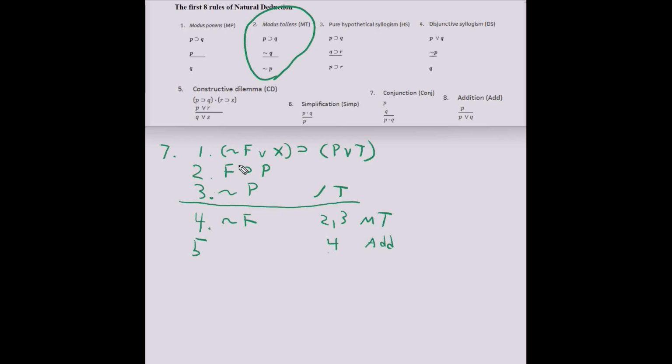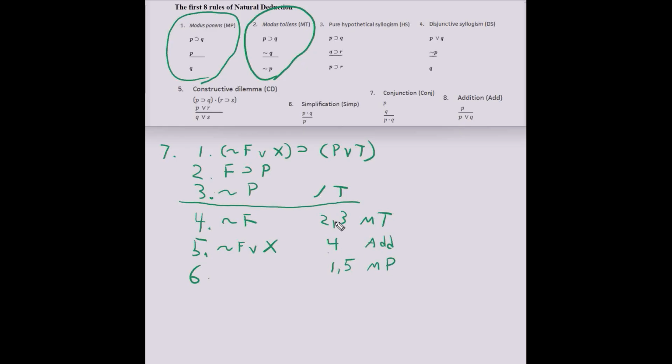What do I want to add? I want to add to get this, so I can do modus ponens to get this. So not F. After not F with addition, I can add anything I want, but what I want here is X, so that I can go on to use this as the antecedent to infer this consequent with good old modus ponens, right? So that's going to be line 5 and 1,